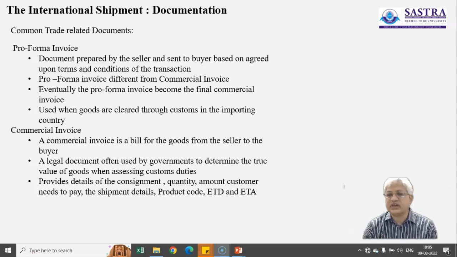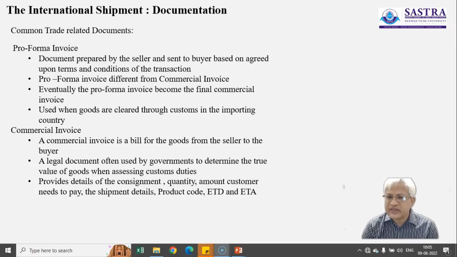Once it is discussed and confirmed, a document is prepared, and that document has to be signed by both the parties, and this is known as a pro forma invoice. A pro forma invoice consists of a lot of details. Definitely it will consist of a pro forma invoice number,